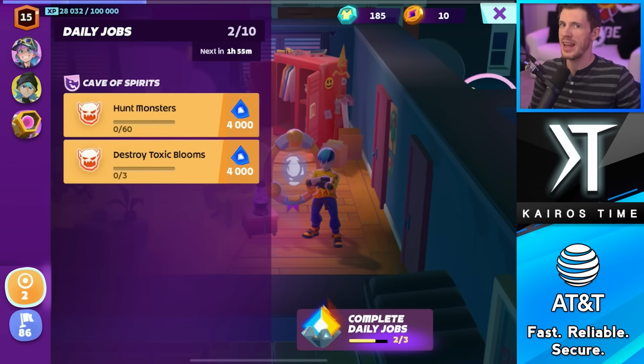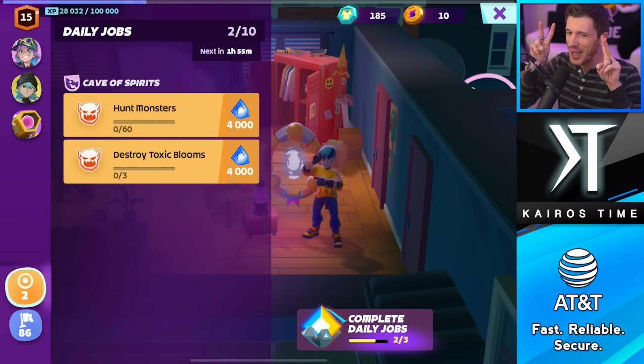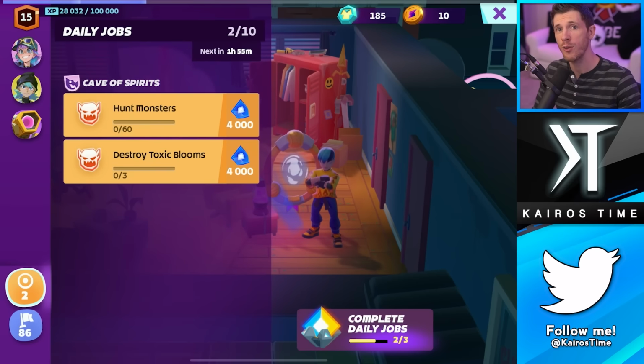If that's you, I've got great news actually. You can progress really fast with very little game time as long as you do one thing every day. This is the #1 tip for anybody, but especially important for people who are hyper efficient. Every 3 hours, you're going to get daily jobs just like this. That one thing for you to do is to complete your daily jobs, okay? Daily jobs refresh every 3 hours, and every 3 hours